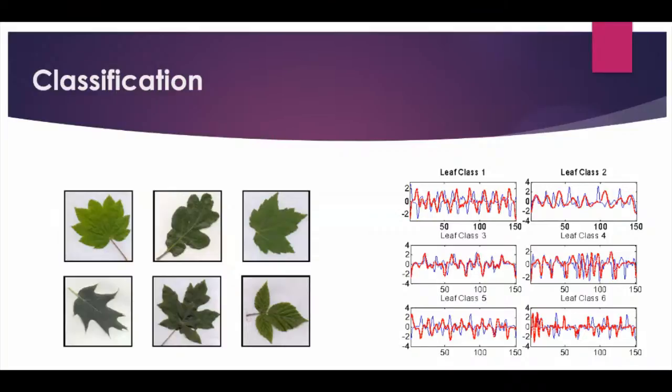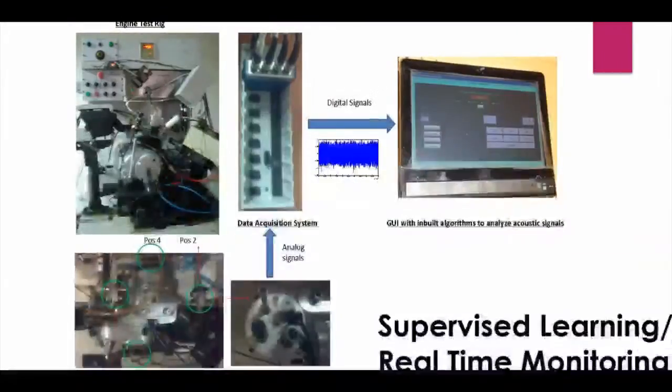Okay, this is an example, a project which we did for TVS Motor Company long back, 10-12 years back. You see there is an engine. TVS Motor manufactures multiple motorcycles and scooters, and they used to test these engines. Earlier there were operators testing the quality of the engine before integrating it with the overall system. They were listening to the sound of the engine, and based on the sound they were predicting whether it was a good engine or not. Then they approached us, and we developed our system.